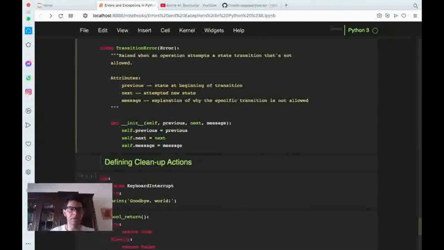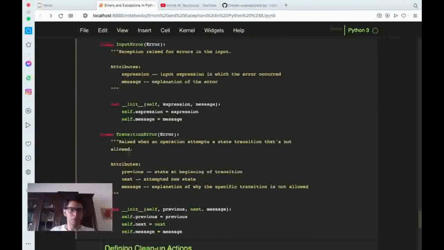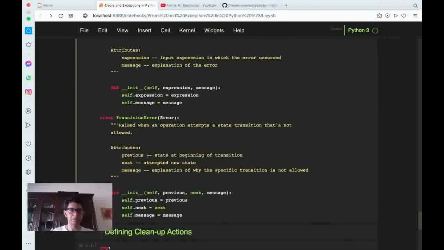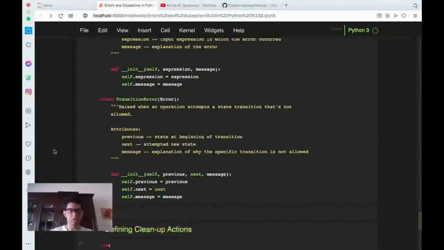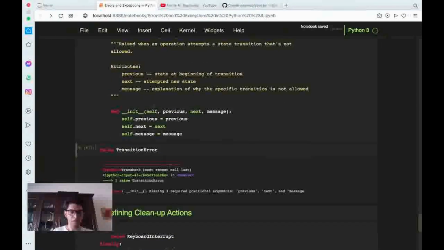That's mostly nothing. Now that we have them, we can just call on them, like raise, let's say, transition error, and here we have transition error, but that's the thing about having the constructor,